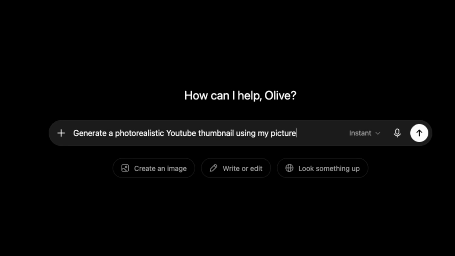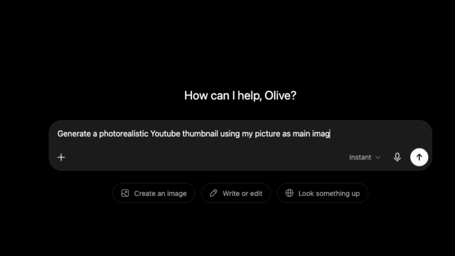So I'm going to upload my picture for this, because it's always good when you use images to do the prompting. You could start with no image, just use barely text to prompt, but when you give a reference image, the results are generally better. So my picture as main image on the left,